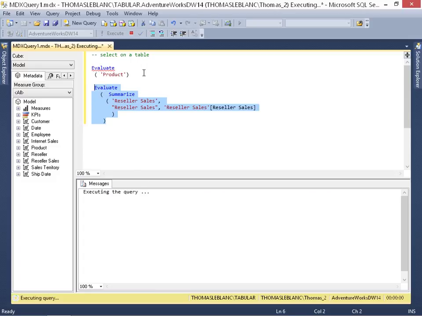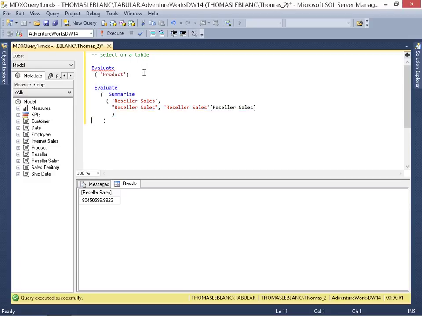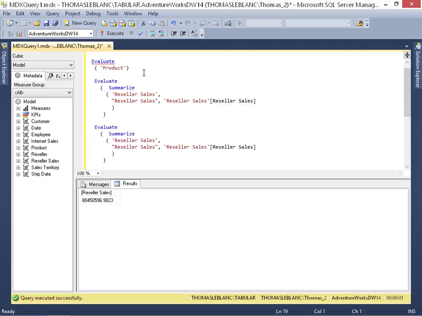We'll highlight that statement and execute it, and now we get a total reseller sales from the reseller sales table. Since we didn't provide anything to slice or dice, we just get a plain value. Now let's add something to this query. And what I'm going to do is copy it, paste it down, and what we want to do is add